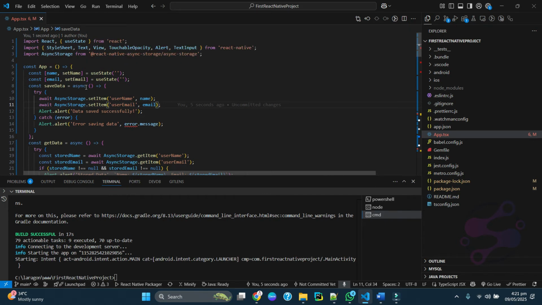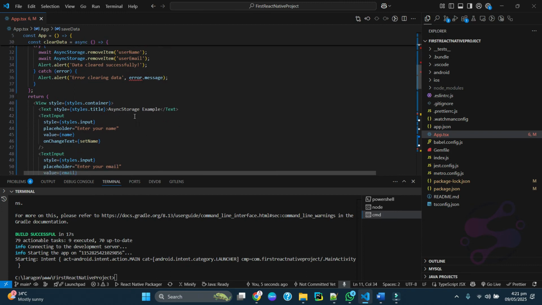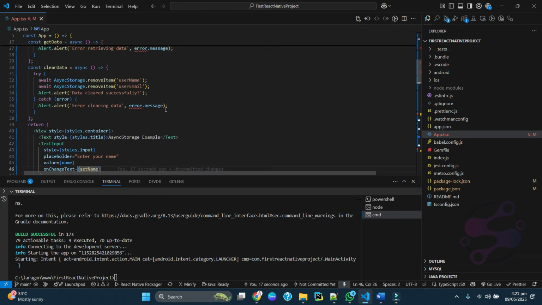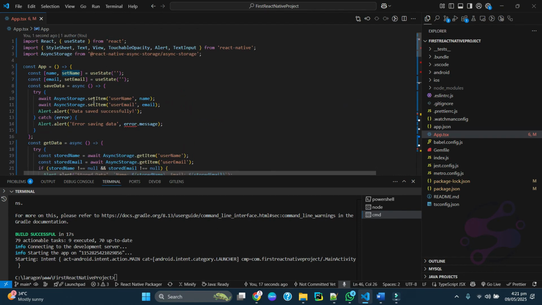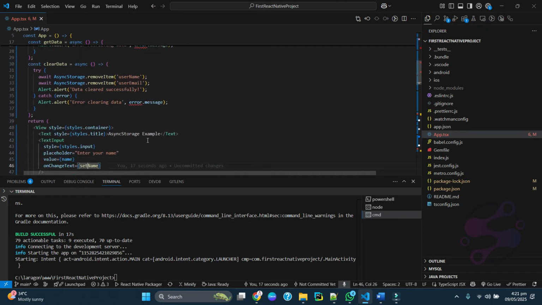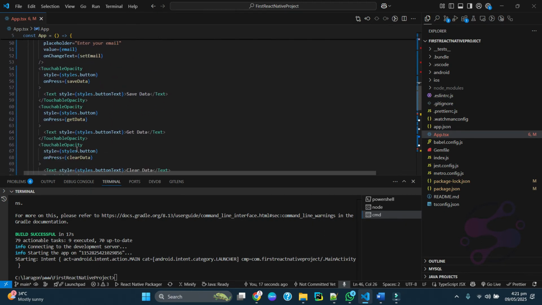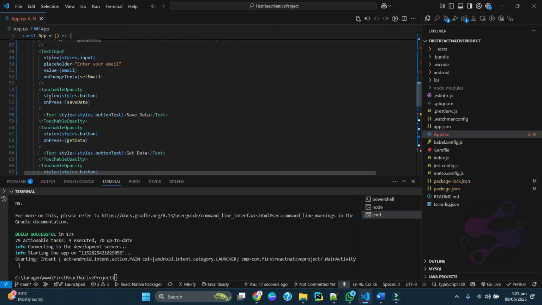So how you are storing the data: on change, you are setting the name and email in these variables, and the email and also the name are available here. You have created the three buttons: save data, get data, and clear data with the on press handler.